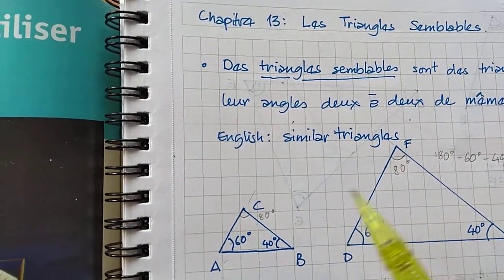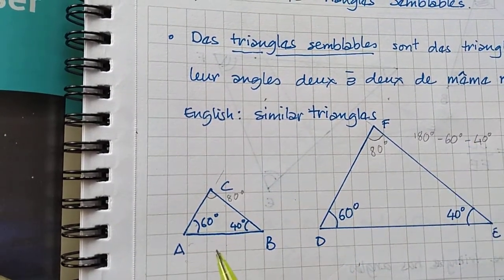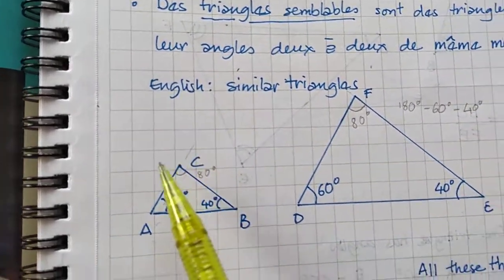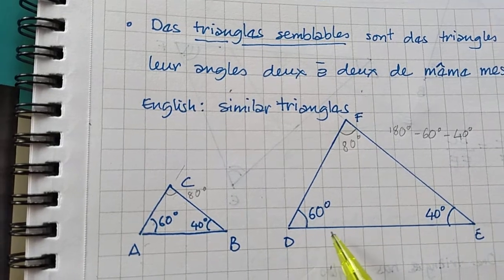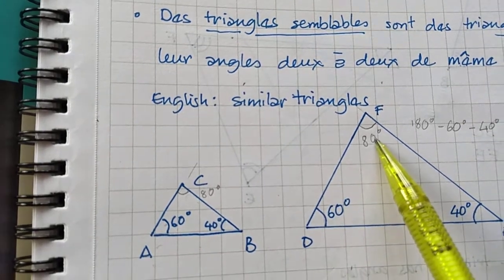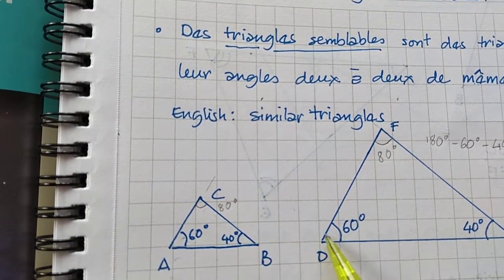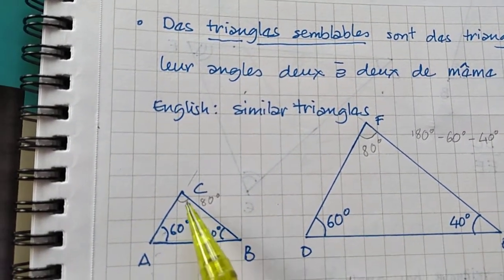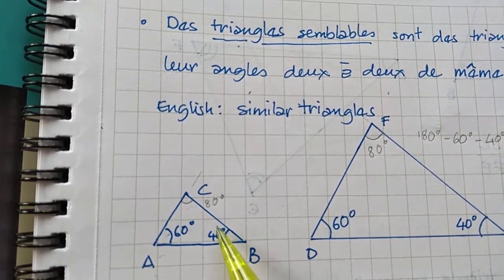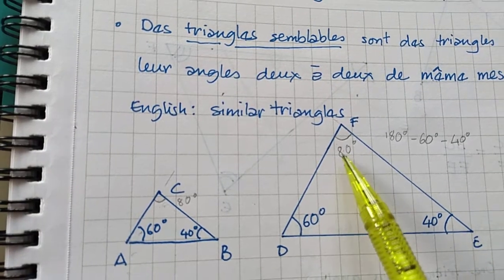Since these two triangles have corresponding angles, now I don't want to use the term corresponding, but 2 by 2, so 60 and 60, 40 and 40, 80 and 80. Therefore, these two triangles are said to be similar triangles. Now, of course, I hadn't written in ink 80 degrees there, nor there, but if you have two triangles with two angles 2 by 2 equal, just 2, then automatically the third is also equal, because you have to subtract from 180 the sum of 60 and 40 to get that. Similarly, because these two are the same numbers here, you will get the same angle there.